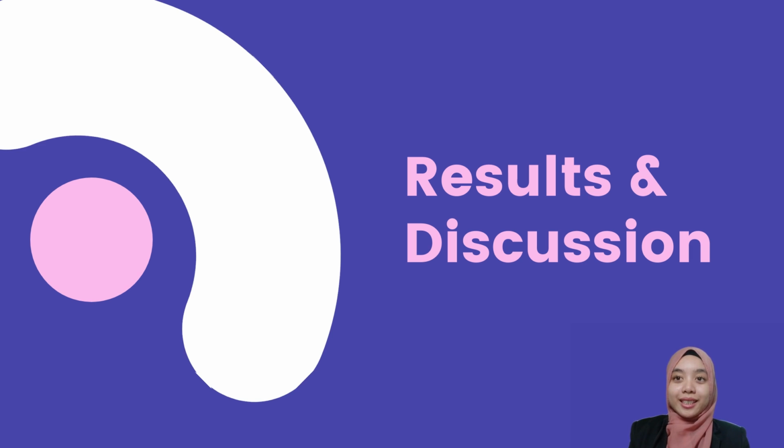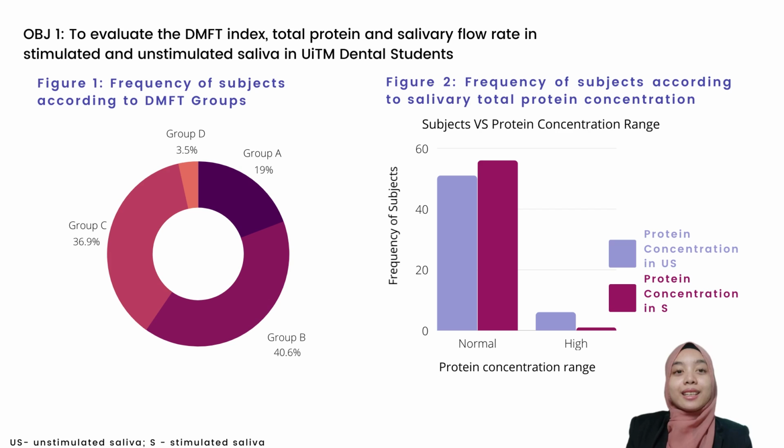Moving on to our results and discussion. The study subjects consisted of 57 subjects, where 25% of them are male and 75% are female. Subjects were divided into 4 groups of DMFT, which are Group A with DMFT 0, Group B DMFT 1 to 3, Group C DMFT 4 to 10, and Group D DMFT more than 10. Majority of the subjects are demonstrating the DMFT category in Group B with 40.6% and C 36.9% as shown in